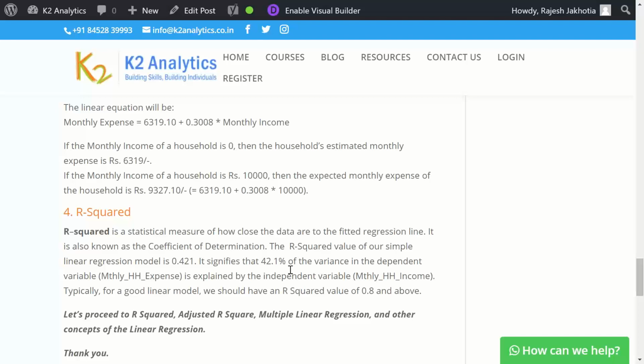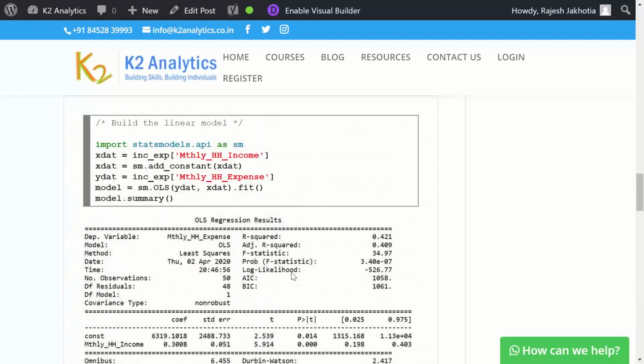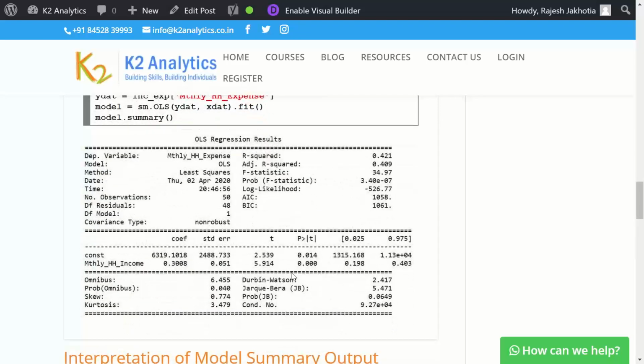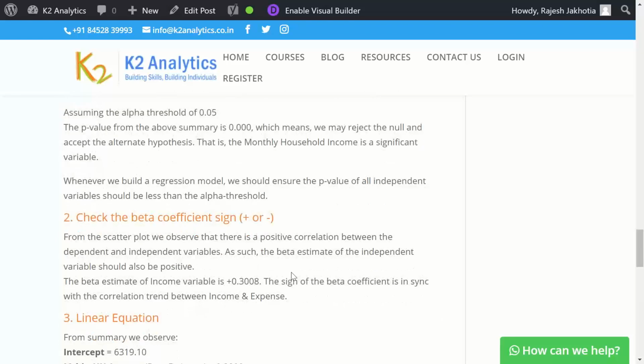How is R squared computed? There are other model performance measures in this output, like adjusted R squared and the F statistics. I have not explained the calculations for them.